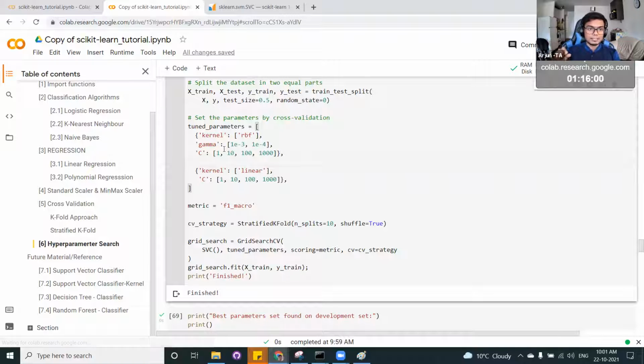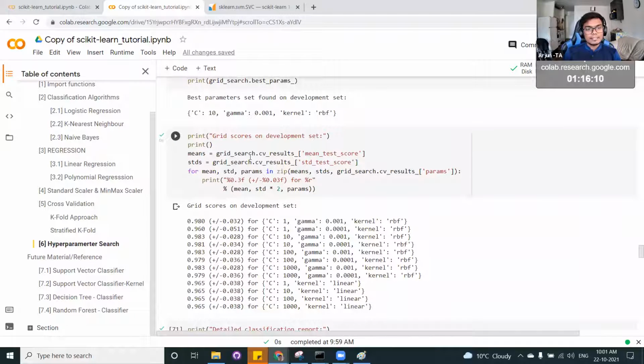So it even converges to a better number. Like, okay, it might converge to like 17 is a better C value, when compared with between 0 to 10, 10 to 100. So with this kind of strategies, you can always do a better hyperparameter tuning, and then squeeze out a little more better performance.